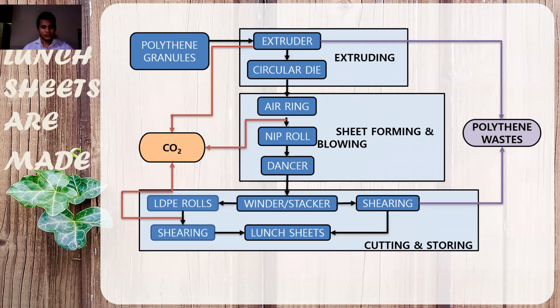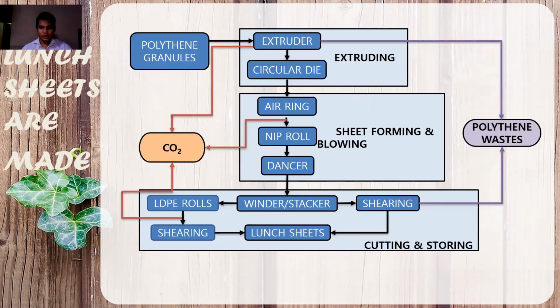Now let's move on to the manufacturing process. First, we add polythene granules to the hopper of the extruder, which results in a molten mixture with proper temperature and pressure. Then we push it through the circular die. Then air is blown inside the ring die of molten polyethylene to create an inflated bubble. Air is blown on the outside from what is called an air ring to stabilize the bubble as well as to remove the heat from extrusion.